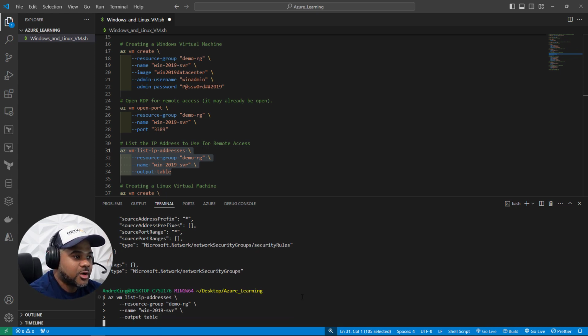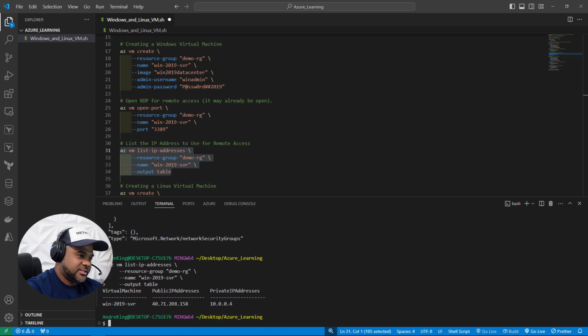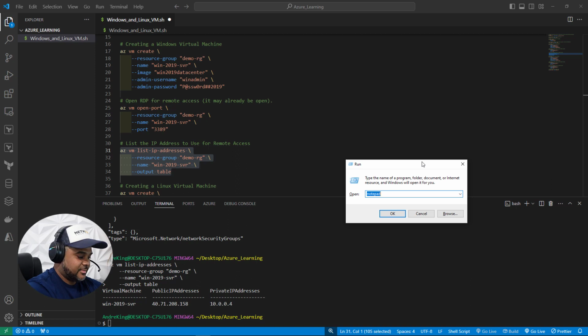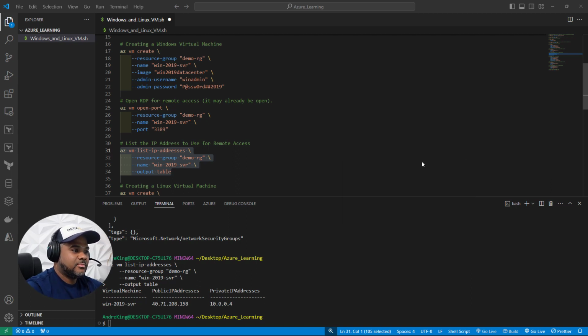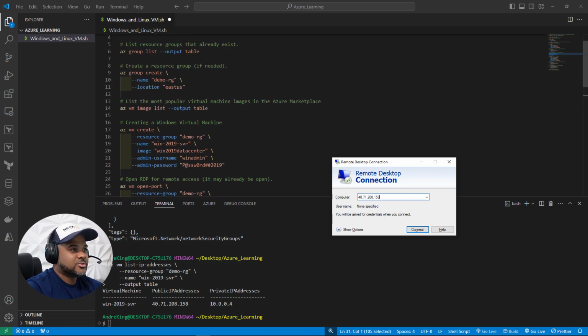Now, if we were in the portal, there's a download file that you can basically double click on and it'll launch whatever your default RDP instance is there. But for us, if we just pull up command prompt here and we just type mstsc, then we will, I don't know if I copied that public address, but let's just do 40.71.208.158, and then we'll scroll up to get the credential.